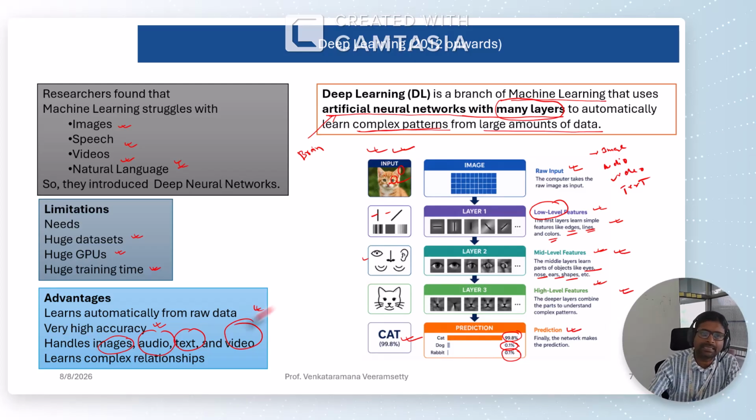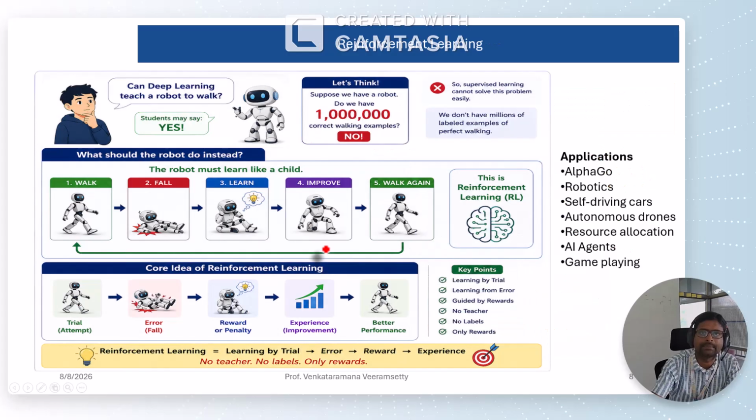And coming to the next evolution, that is called reinforcement learning. I told you in the previous lecture, but the same thing may be repeated here. Can you see this question: can a deep learning model teach a robot to walk? Maybe students may feel that yes, but it is not easy using deep learning models. See, I said in the very first lecture,